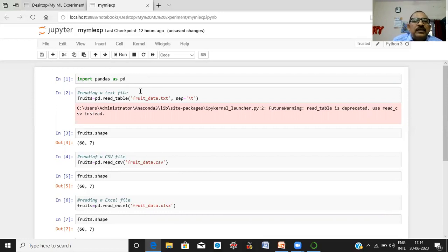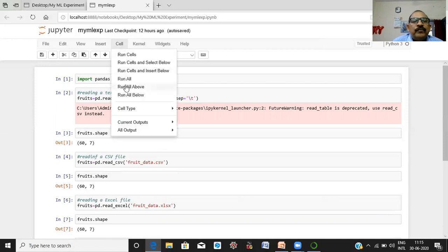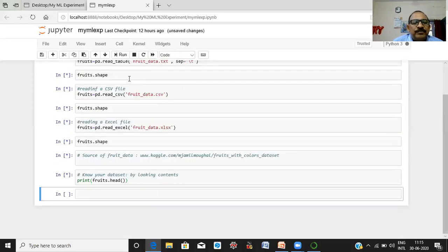To execute these commands, you can execute them one by one, or if you want to execute all the commands, go to this place, Cell, and click Run All. Please wait.